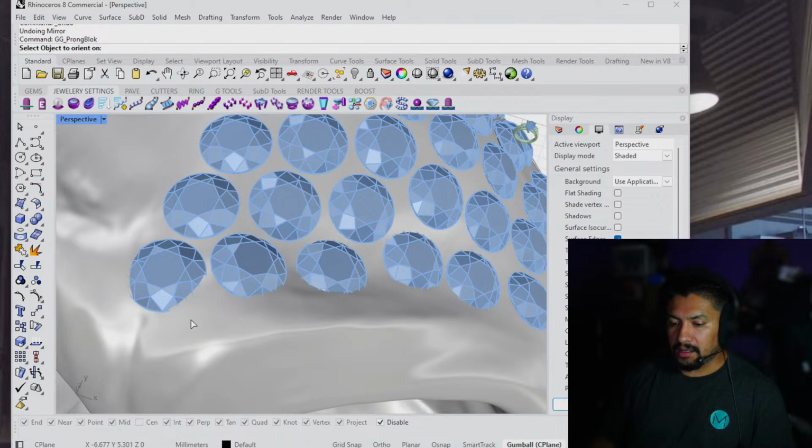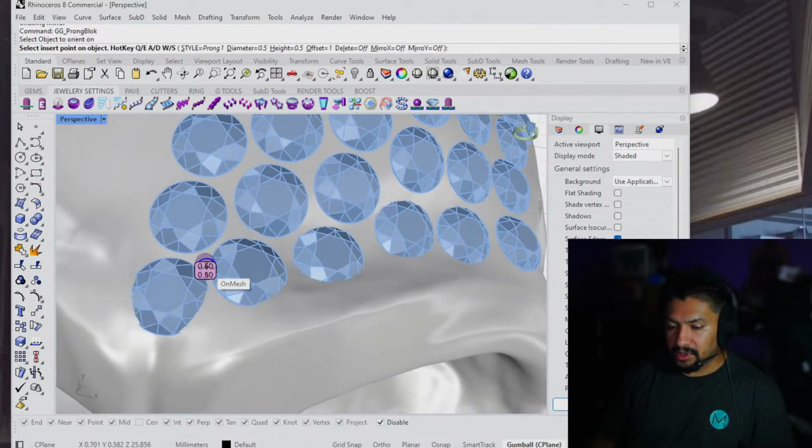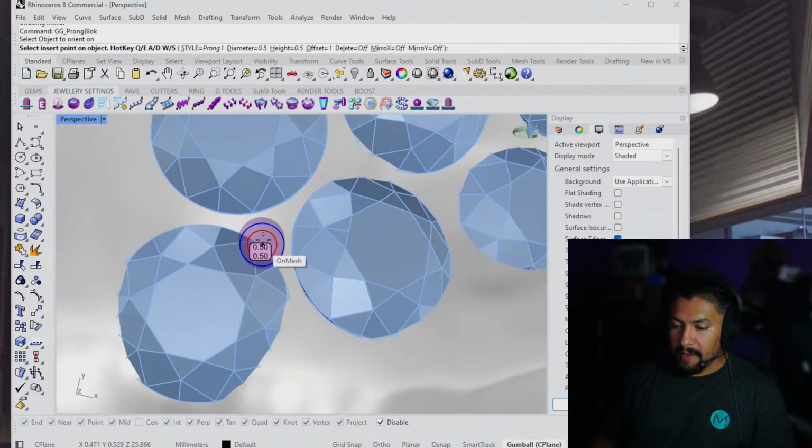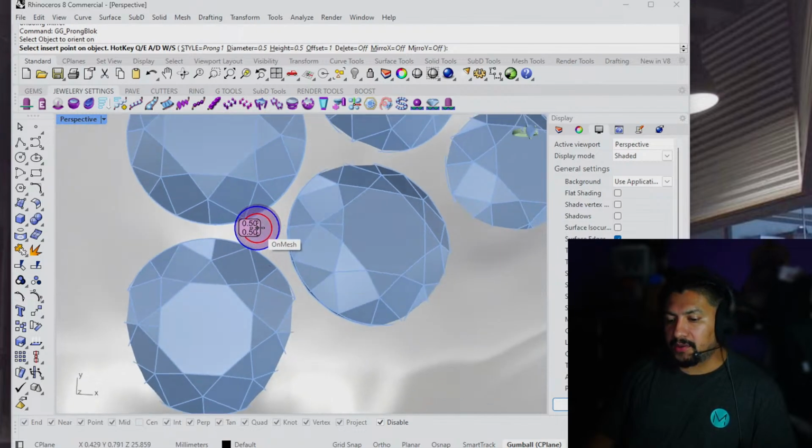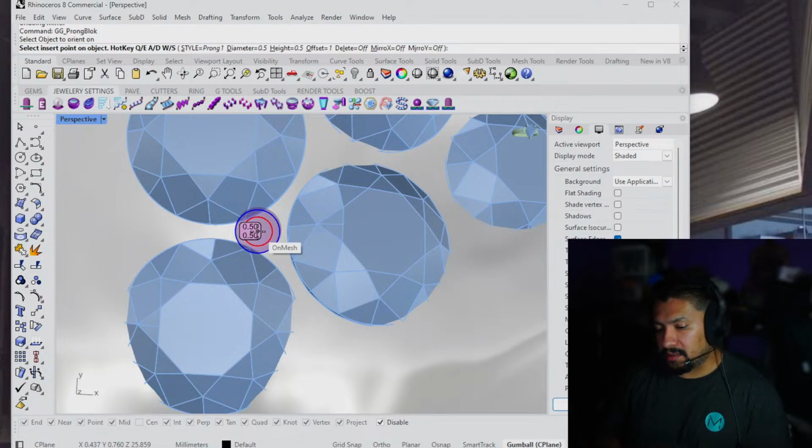Click the icon, click the model I want to put prongs on, and I'll do the same. There is an automatic tool, but since I do setting, I know how to set. I'd rather put my prongs exactly where I need them and the size. They're not always the same size, just because I like the piece to look more handmade than an automatic